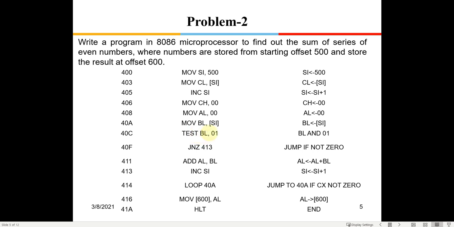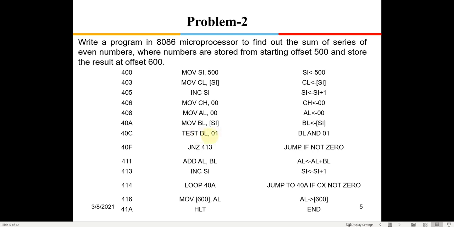So when we do test, it will just do an AND operation. So when we do AND operation, this is kind of masking. So all the bits will become 0. Only the least significant bit is going to remain as it is, because we are doing an AND operation with 1 for the least significant.